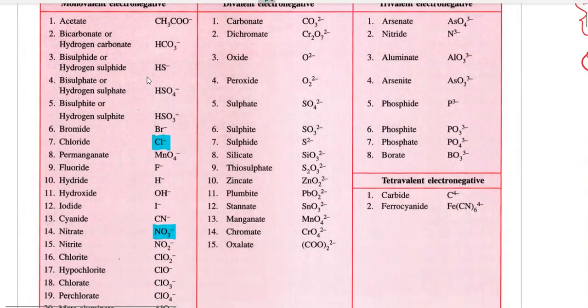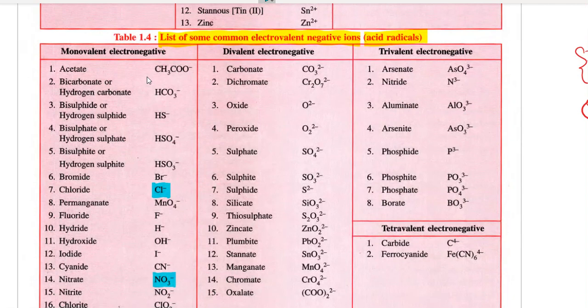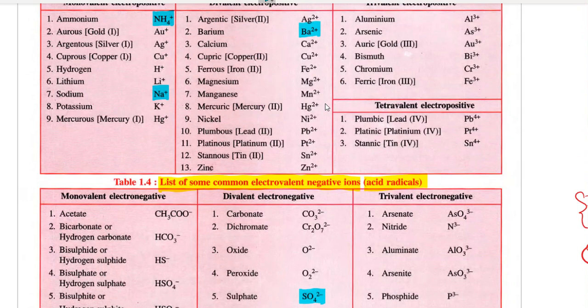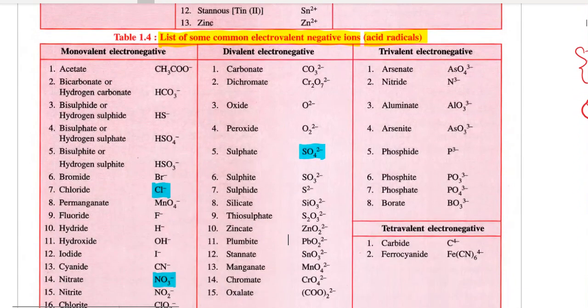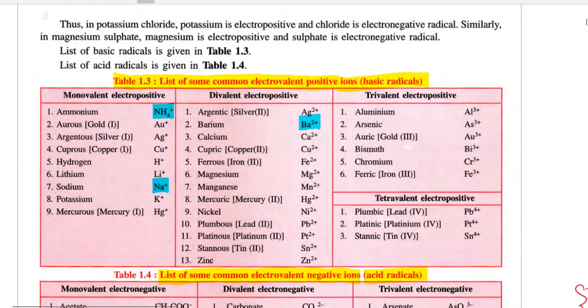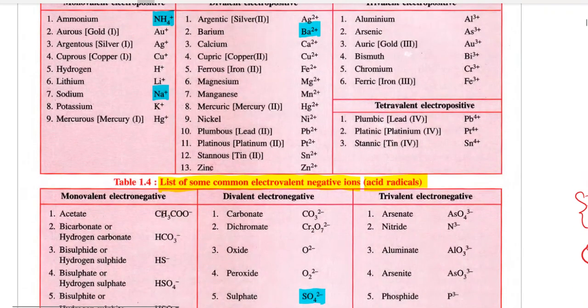Let's take another example, ammonium. We are going to take ammonium sulfate: ammonium NH4 plus, sulfate SO4 2 minus. So you must be thinking, can we take any metallic and non-metallic ion and make their formula? Yes, absolutely you can. This is a very good exercise or game, you can say, which you can play whenever you want to practice forming formulae.